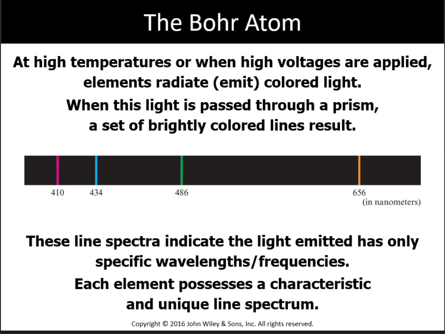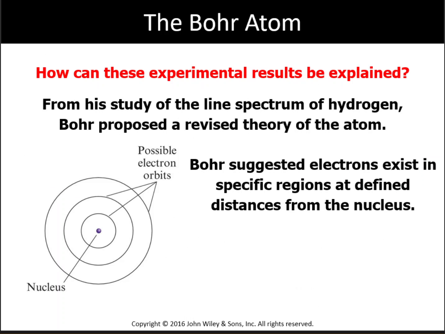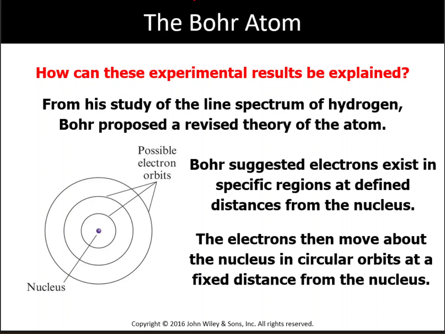So this was the start of the development of the atomic theory. Bohr was the scientist that came up with a model for the atom, and he suggested that the nucleus is still in the center of the atom. Protons and neutrons are in the nucleus, but he suggested that around the nucleus, in the structure of the atom,